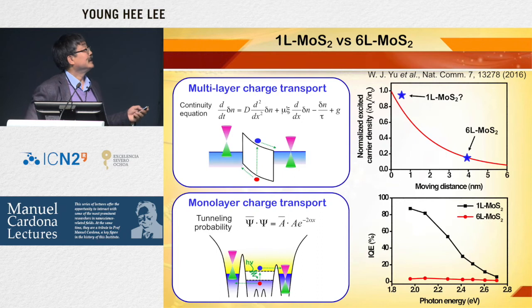But if you consider this rate equation, and you try to predict what's going on for this layer dependence, you see monolayer, they are deviating from this curve. So the regular classical rate equation wouldn't work. And we interpret this in terms of this quantum tunneling phenomena. So we have this MoS2 monolayer, and we have a graphene and graphene, and in the middle we do have this charge,